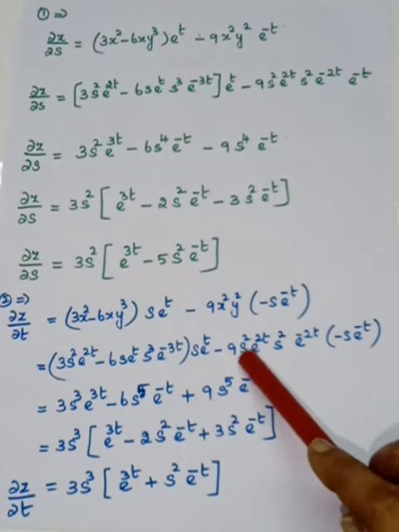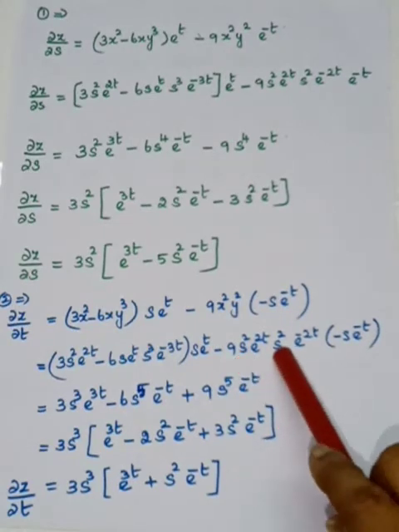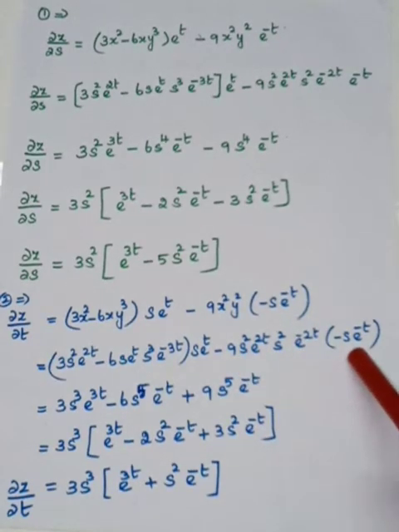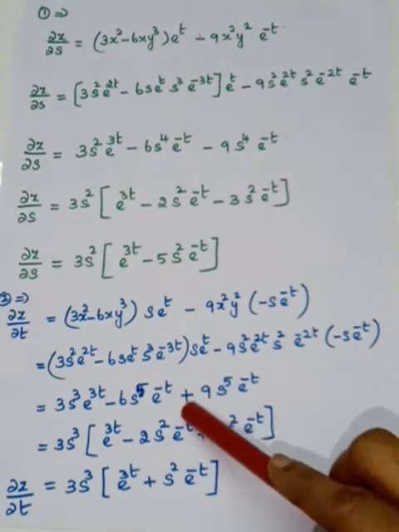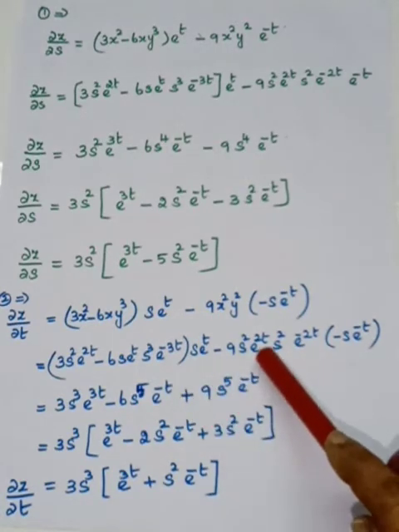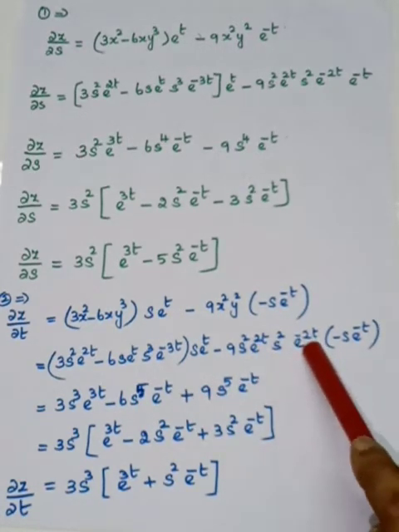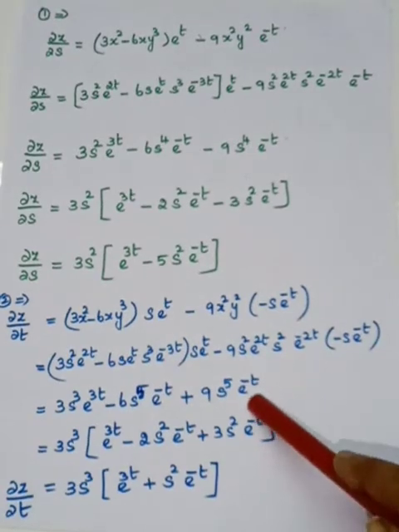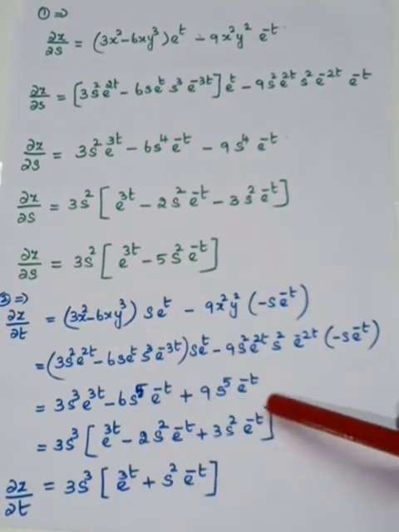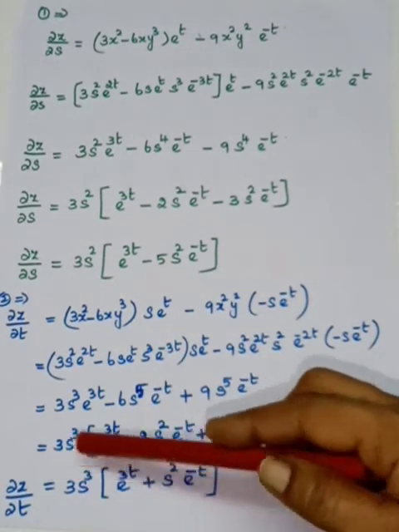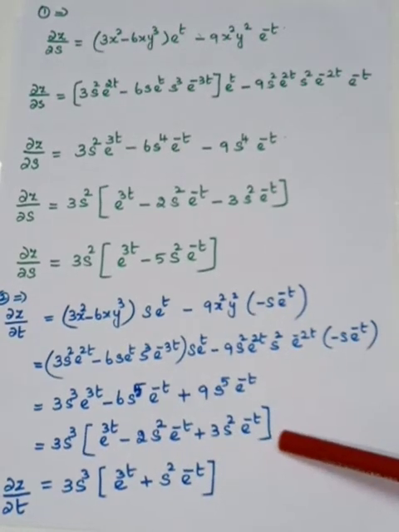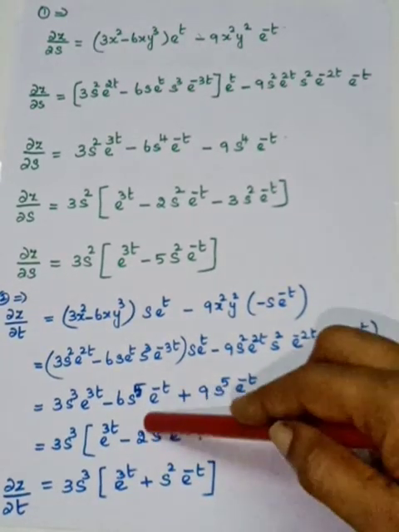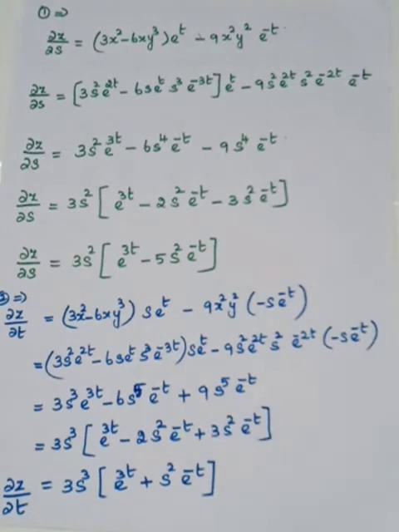The same way, s squared, here s. So it is s power 5. The minus into minus will become plus here. And you see that this and this get cancelled. You are having e power minus t. So from all the terms, what is common? 3s cube. You take it out, and this will be the remainder. So when you calculate these two, it is s squared e power minus t.